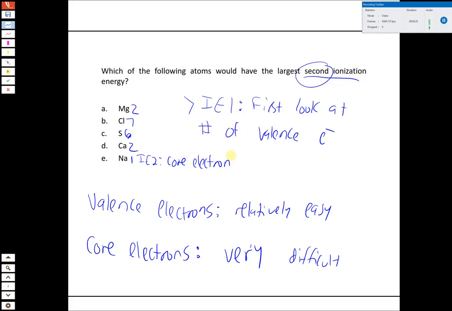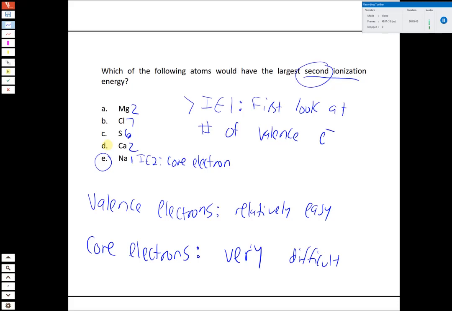So that we would expect to be very difficult, and that means sodium for its second ionization energy should be very high. So that's going to be our obvious answer choice, when that's the only one that involves removing core electrons. If we were comparing two atoms where we're removing core electrons from both, or two atoms where we're removing